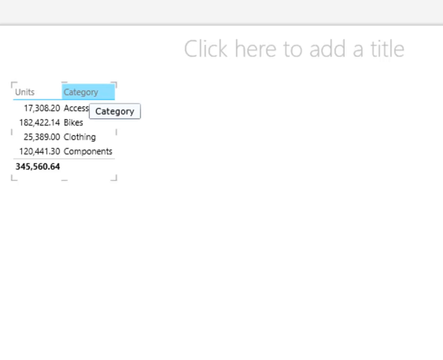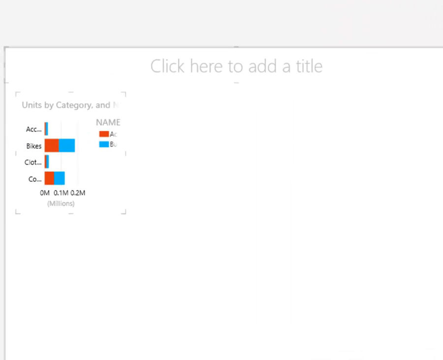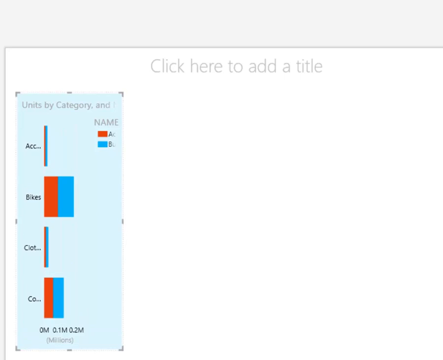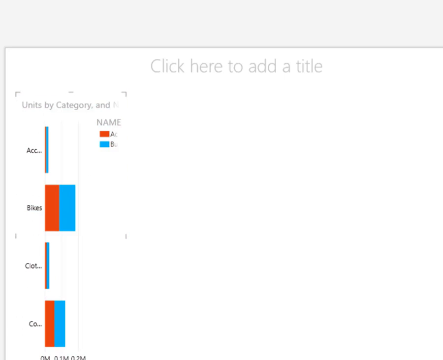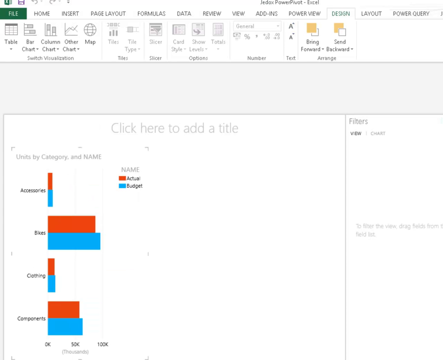for example, the units, show those by product category, and maybe do a comparison based on the data type, and convert this entire table into a report. So we've got now a nice comparison here of actual and budget data, where we can now compare our actual and budget scenarios, and then maybe